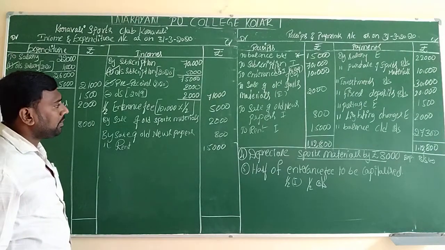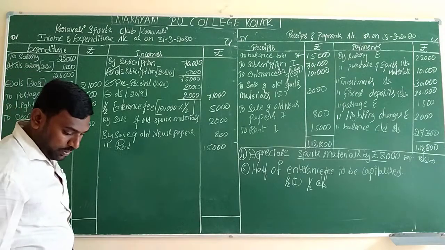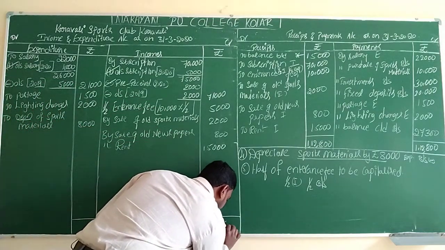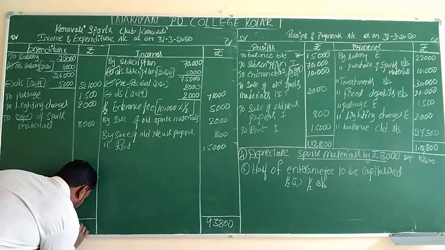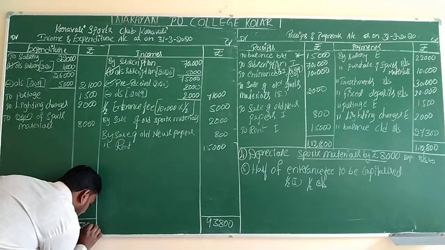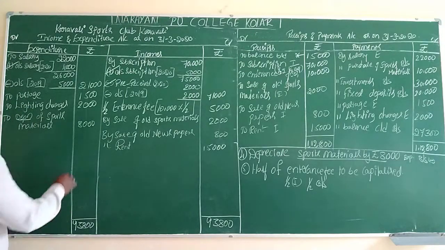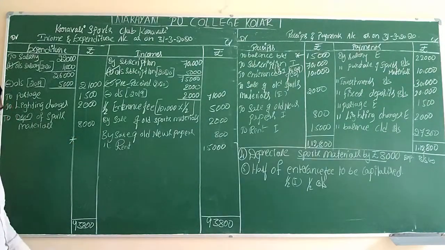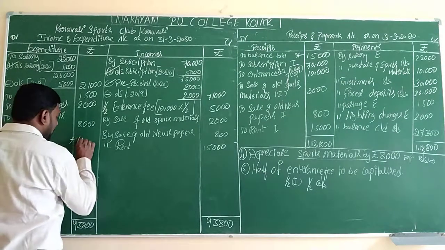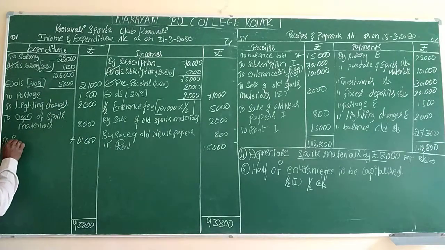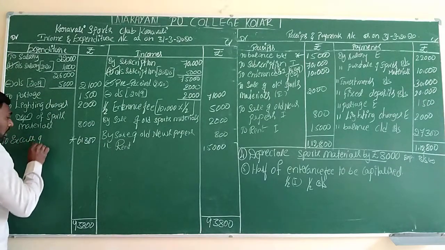Now this side we have the highest value, on the credit side only we will get 93,800. Here also 93,800. Out of this 93,800, deduct a few values, we will get the difference. The difference is 61,300. For this we will give the name